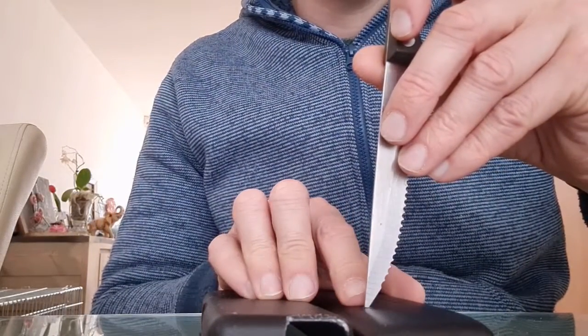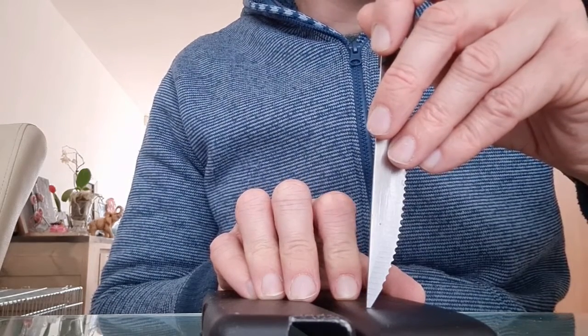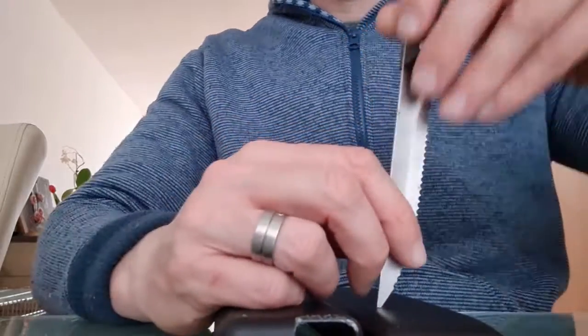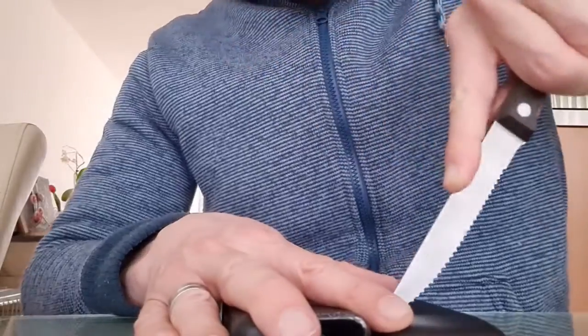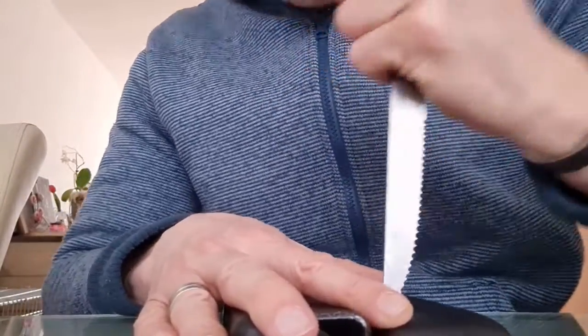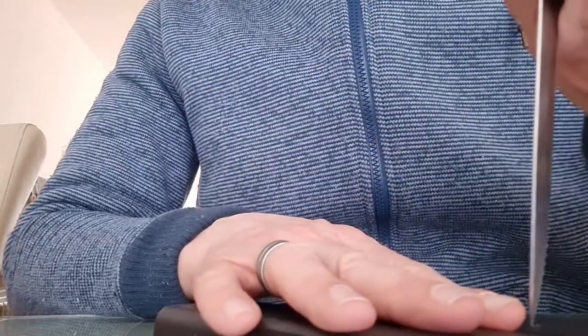I said in an earlier video, if you have a standing knife, it's a better way to do it. But even if you do not have that type of tools, I will show you that even a simple bread knife or steak knife like this can be sufficient. So what you do, you just rock it a little bit to dive the point in, as you can see. So I will demonstrate what I just did. I popped it like this, and then you can just